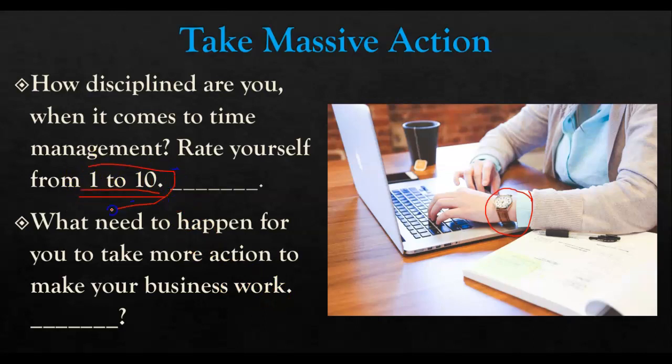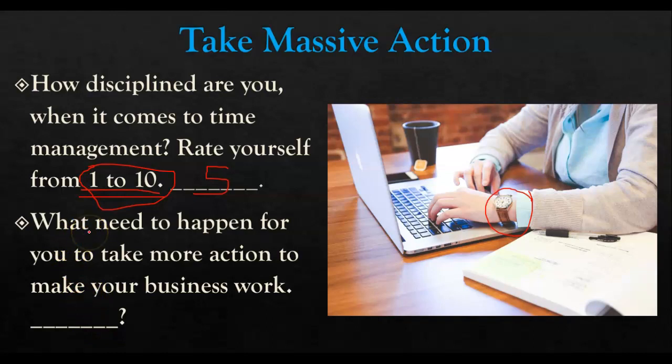Now over here, let's assume that your time management skill is just a 5. It means that you need to re-evaluate your priorities. You need to set daily goals. You need to write down a to-do list, your daily tasks, the key tasks and everything. Write them down and commit to follow them. That's very important.